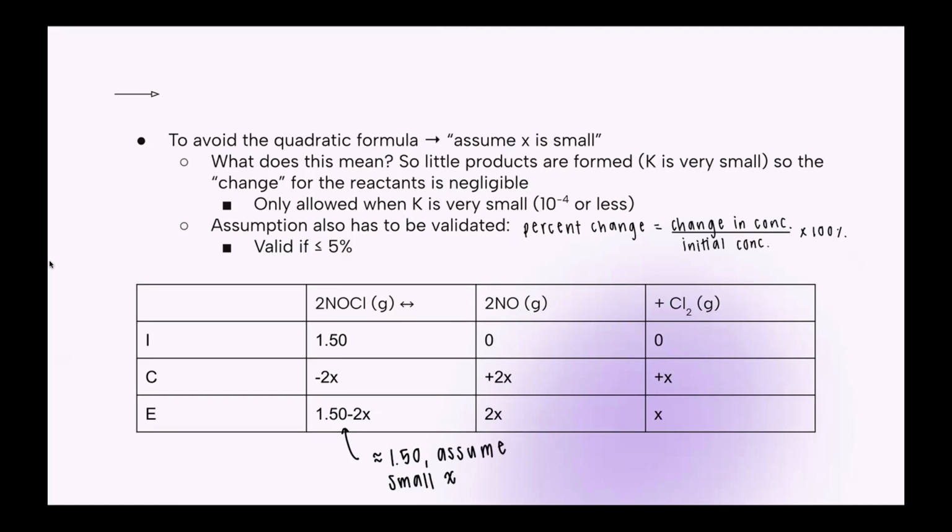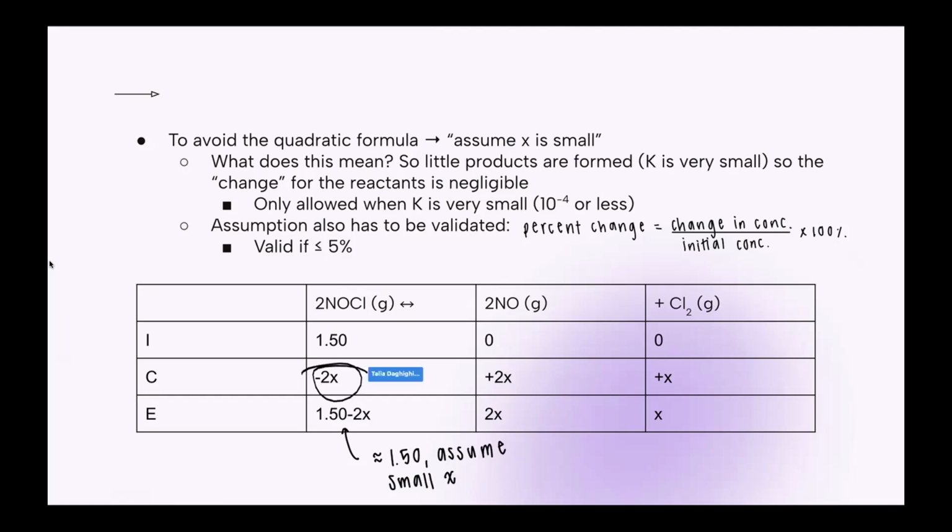If K is greater than 1, our reaction favors the products. So if K is less than 1 and is really, really, really small, the reactants are super duper favored, and not a lot is actually going to be subtracted from the reactants. So the approximation makes a little bit more sense in that case, because if our equilibrium is really favoring the reactants, this change